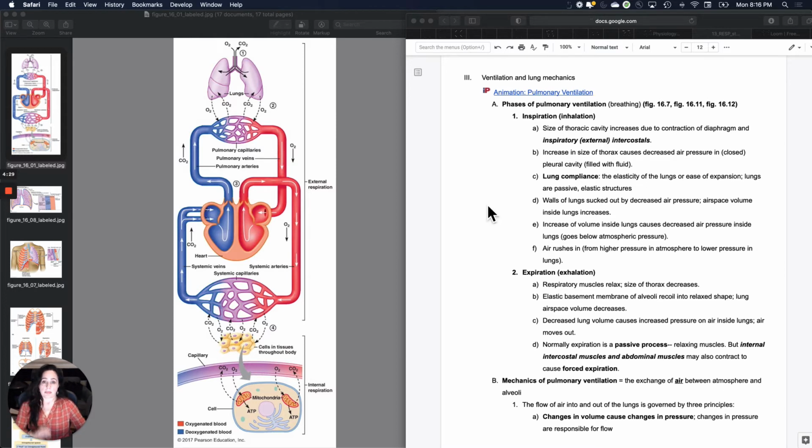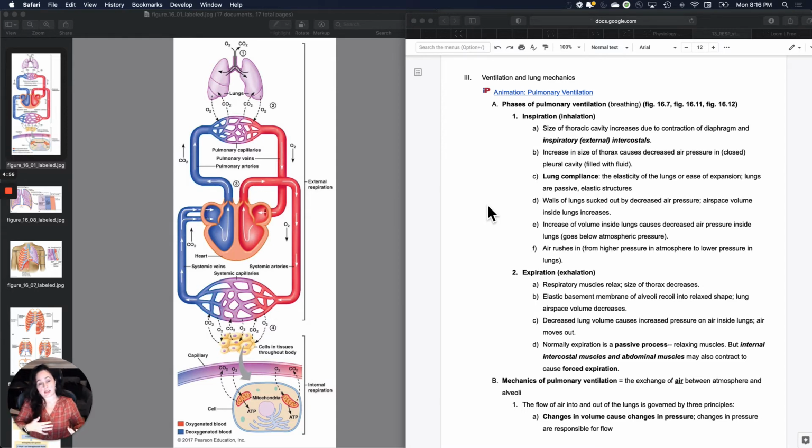So I'm going to do this in more detail in just a second, but basically what happens is if you take gases in a container, let's say my thoracic cavity is a container, and you squish the gases, that actually increases the pressure. Good. Take gases in a container and squish them, and it increases the pressure. Got it? But if you take the same container and you stretch it, it decreases the pressure. So the way that